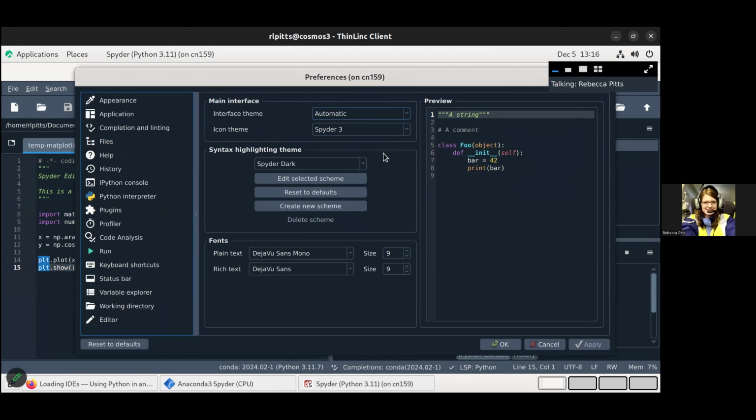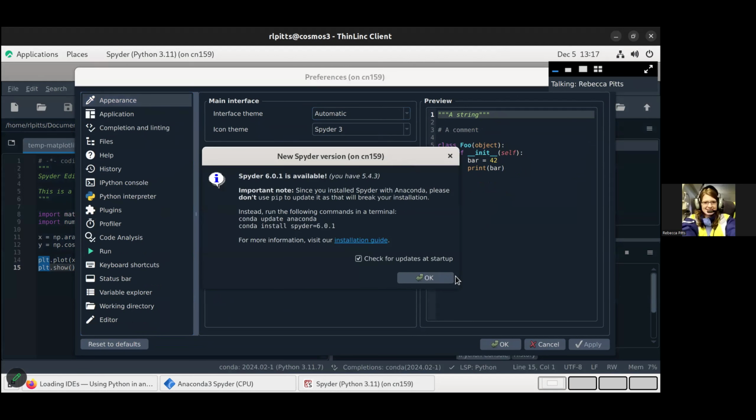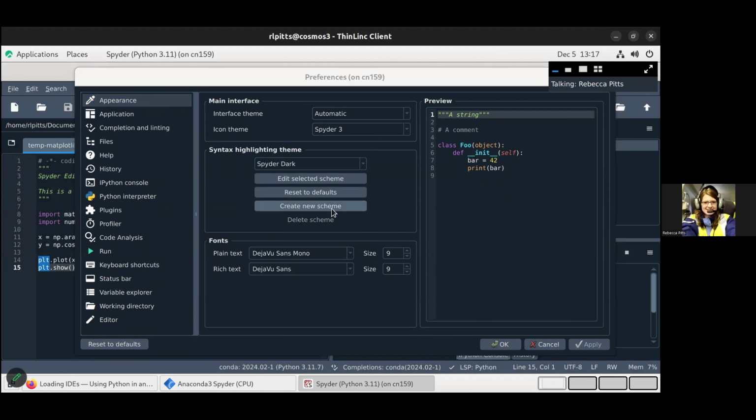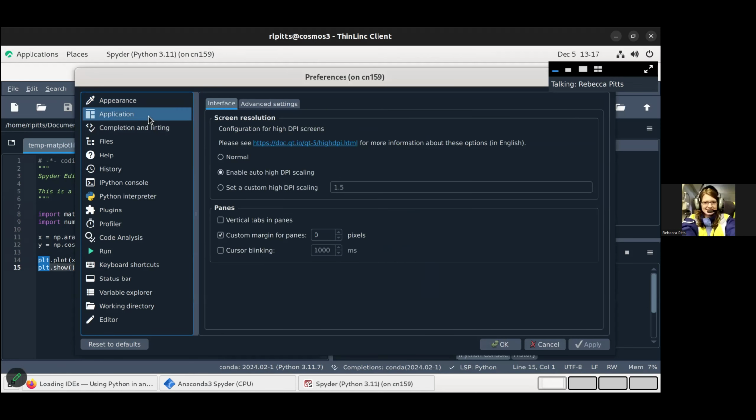So if you go to preferences, what you can do is go to appearance. You can change your font size, you can change the theme. You can go to application, and for those of you who might be on an external monitor, that will tend to show the